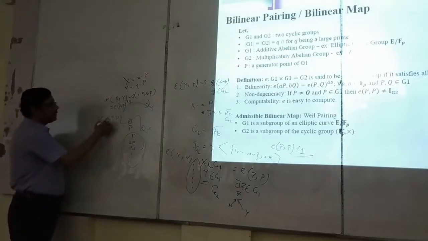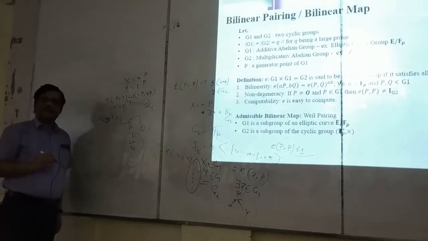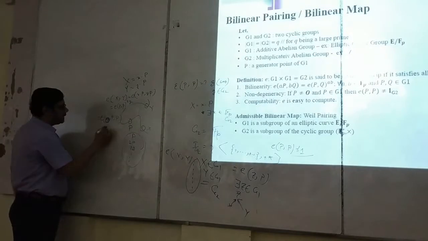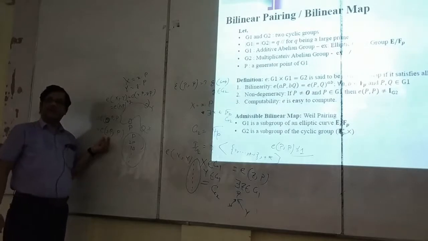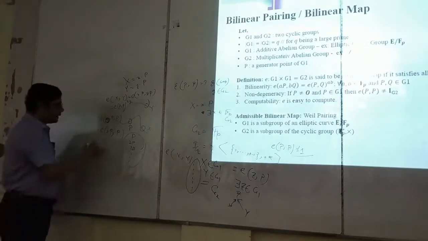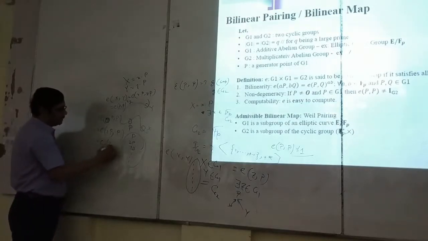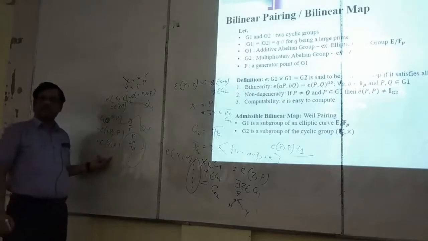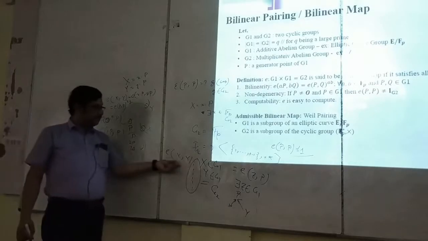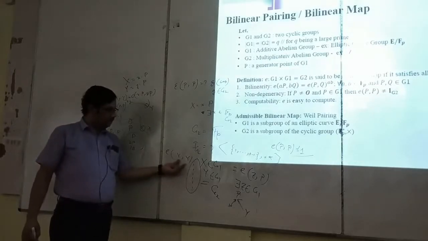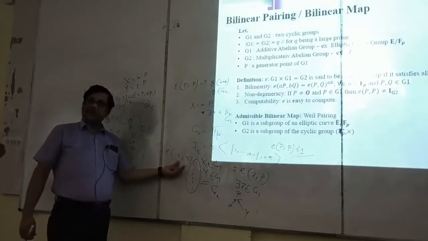Now x and y are scalars, and scalar times scalar is a scalar, so I can say this is z P. Now zP is a point multiplication, so it is a point also in G1, which we are stating as capital Z. So proved. So that means you are checking this set with all combinations of x and y, which is equivalent to